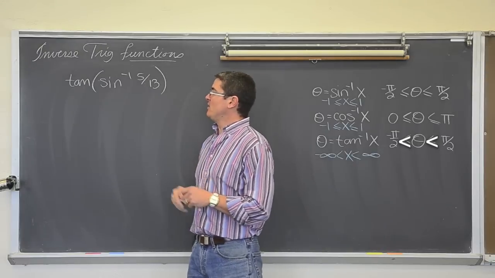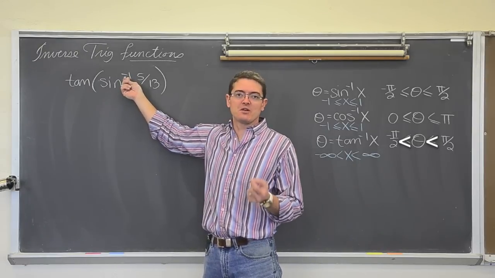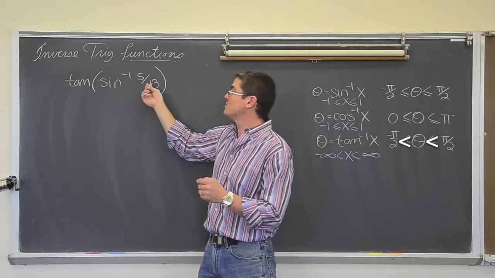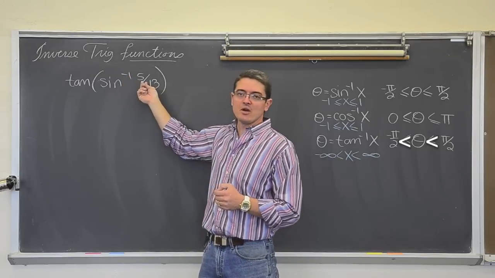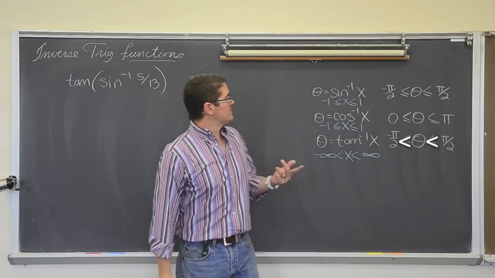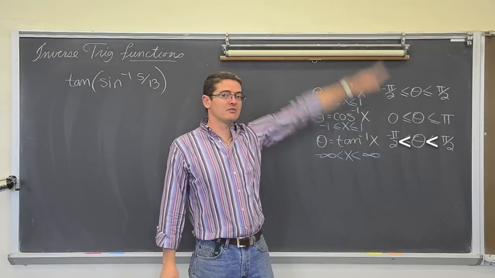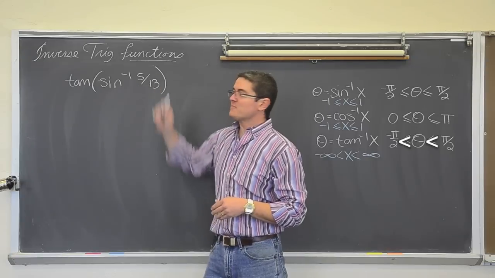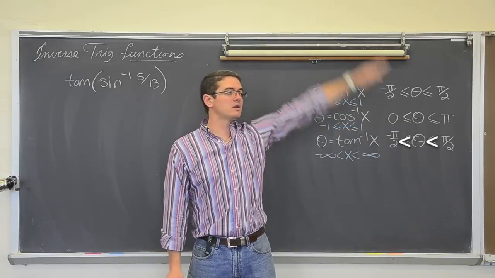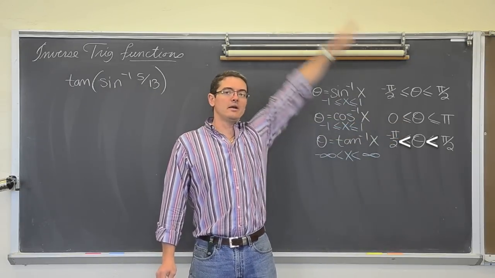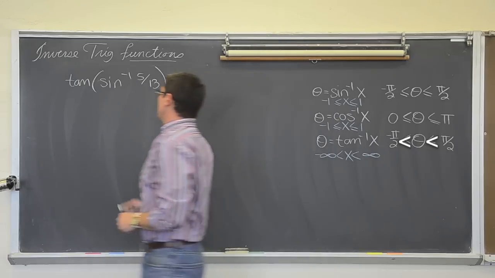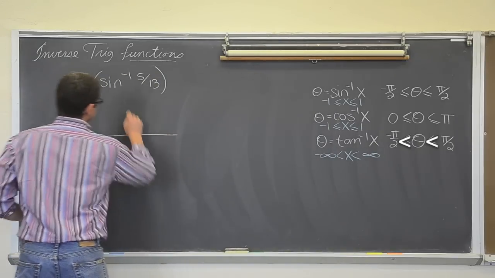So let's get this set up anyway. Again, what do you put into an inverse trig function? The sides of a triangle. This is a positive ratio, and therefore you can either be in negative pi over 2 or positive pi over 2. So sine's positive in quadrant 1, so you want to draw your angle in quadrant 1 between 0 and pi over 2. So we're going to get this thing set up.